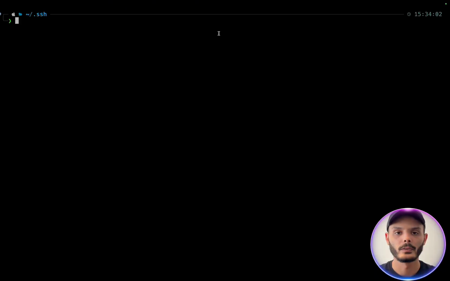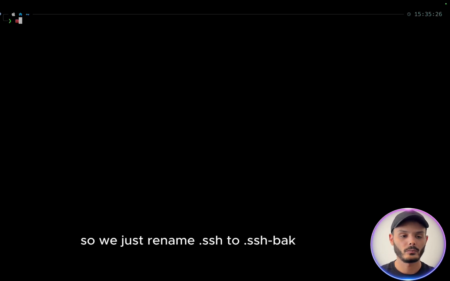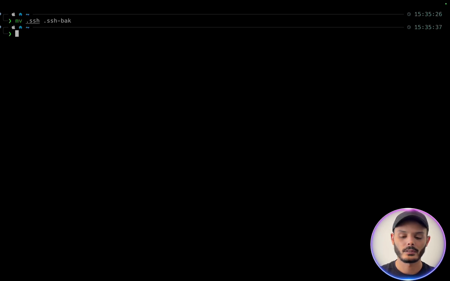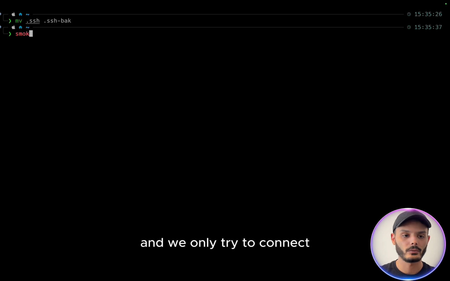Now that we restarted our SSH server, we'll see what happens if we don't have the private key on our local machine. So we just move .ssh to .ssh-backup. So it will not recognize that we have the SSH key, and we just try to connect.